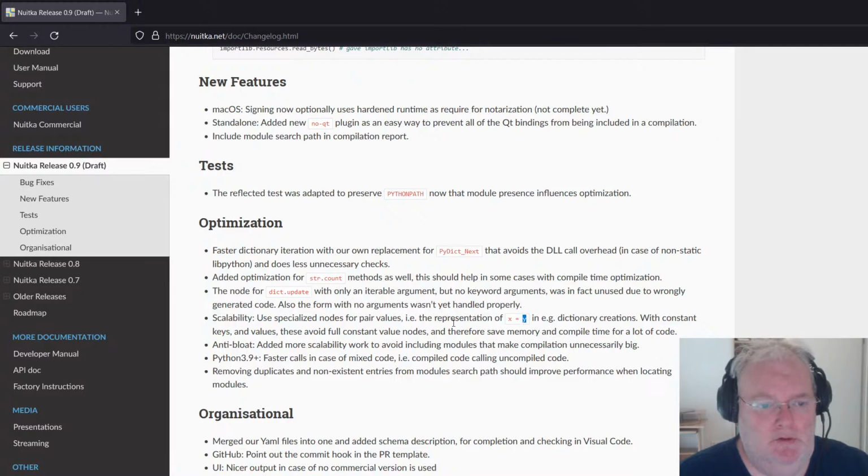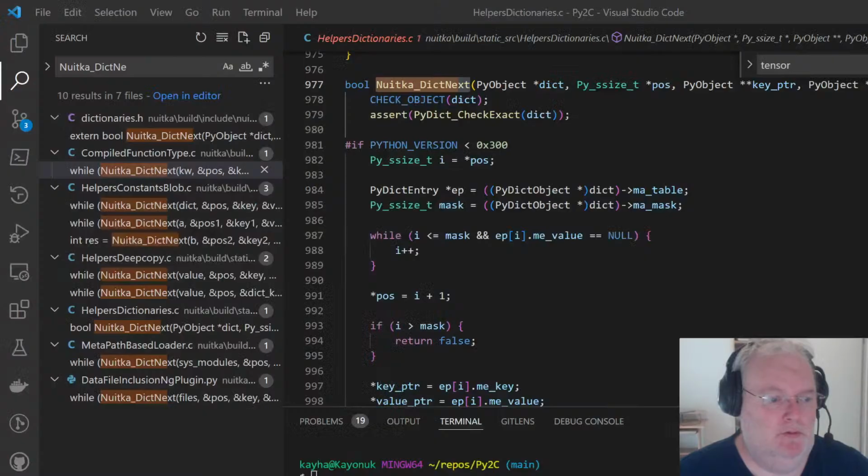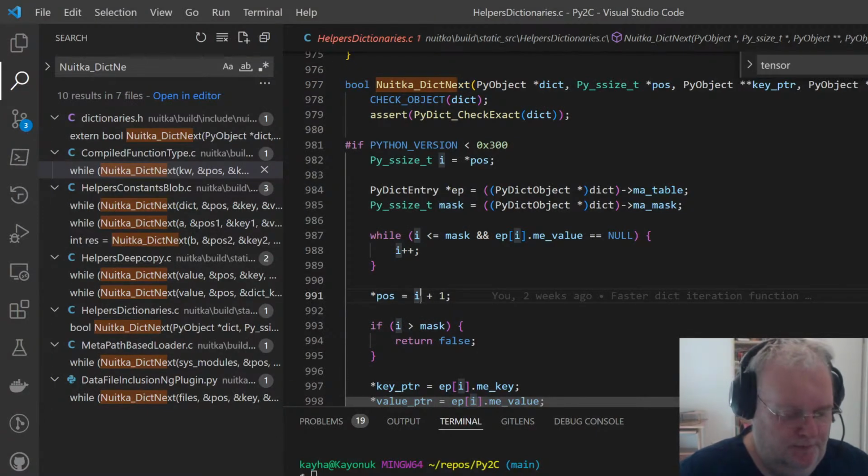So this was actually two nodes that were visited during optimization and could change. And one of them, the key, happened to be very constant all the time. And now there are specialized variants, which maybe I show what I mean with specialization once.